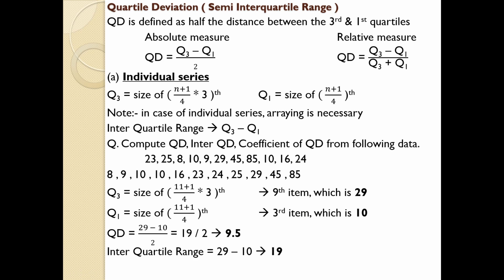Next one, interquartile deviation is Q3 minus Q1, that is 29 minus 10, 19. And finally, coefficient of quartile deviation is Q3 minus Q1 divided by Q3 plus Q1, that is 19 divided by 39, you will get 0.49. So this is how you need to deal with quartile deviation situations, mainly in an individual series. Next case,